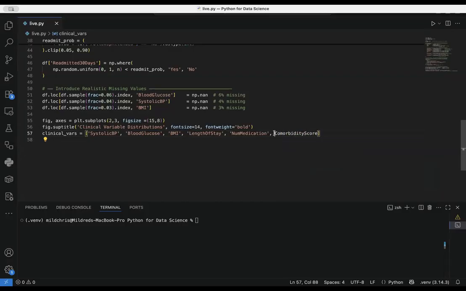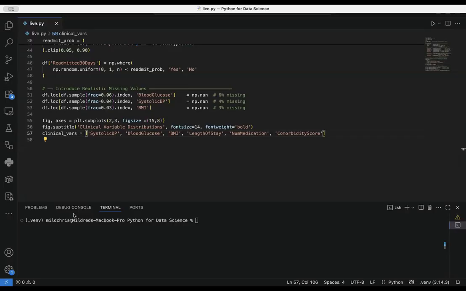Okay, so let me tell you, if you look carefully at all of this, one thing they all have in common is that they're all numeric values, right? That's one thing we have. The only ones that have missing values are blood glucose, systolic, and BMI. So you have blood glucose, systolic, and BMI. They have missing values. Now, we chose these ones for the distribution because we are thinking about the 5 research